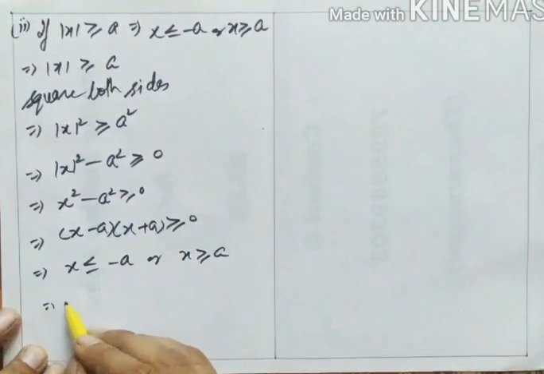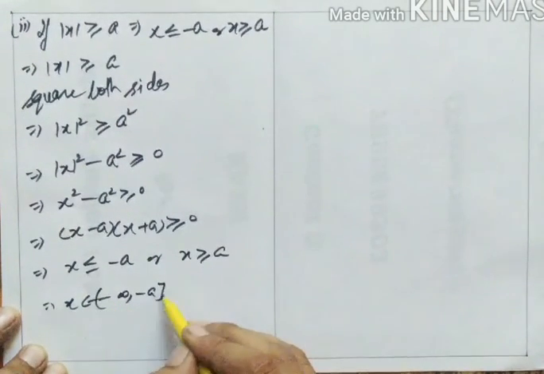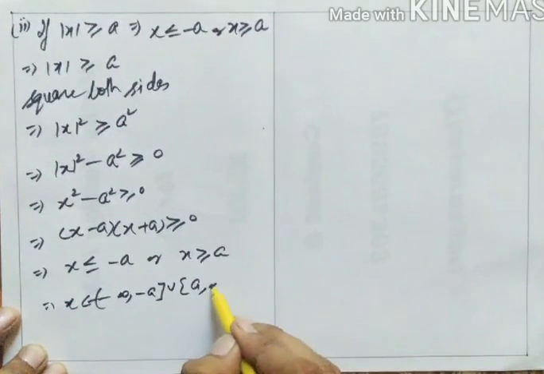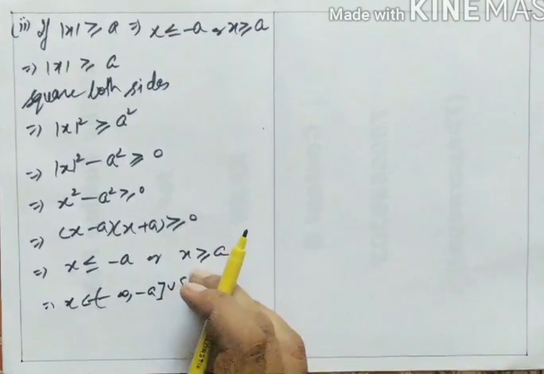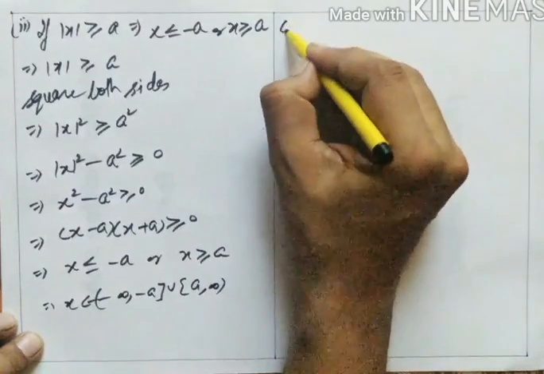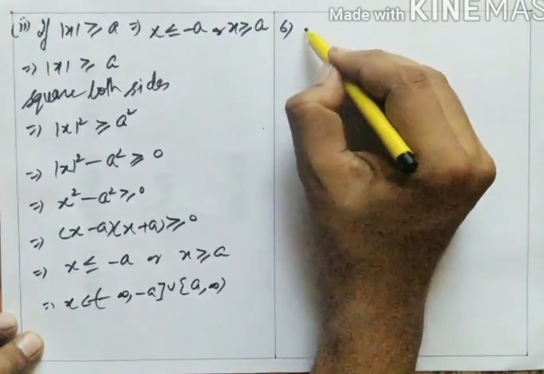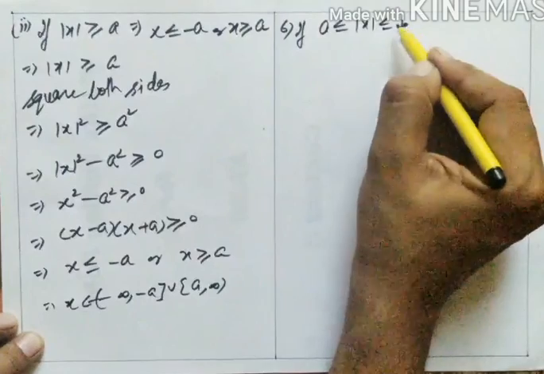So this will become x belongs to minus infinity comma minus a union a comma infinity. So this is the second result we have come to for property number 5. Now let's see property number 6. It says if a is less than or equal to mod x is less than or equal to b,